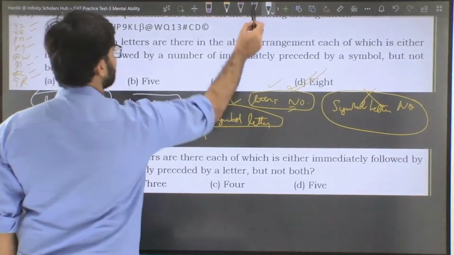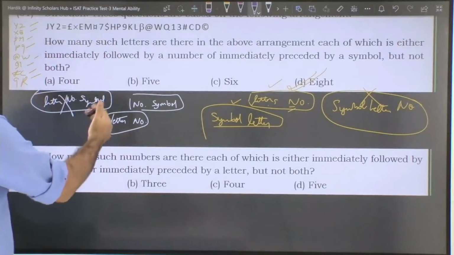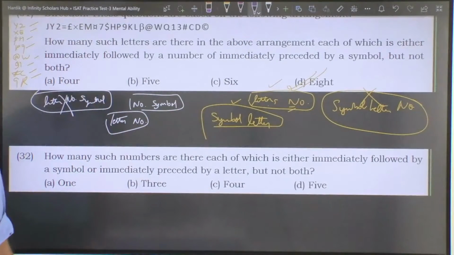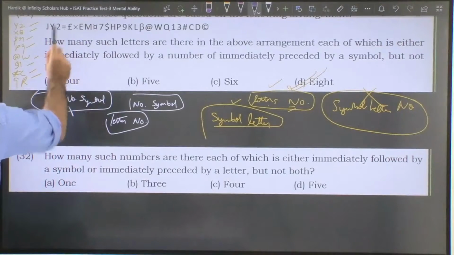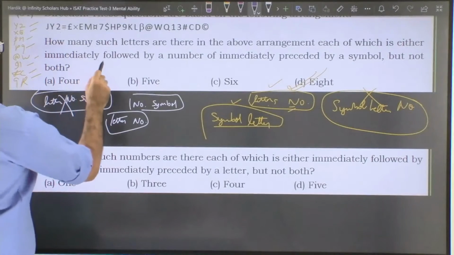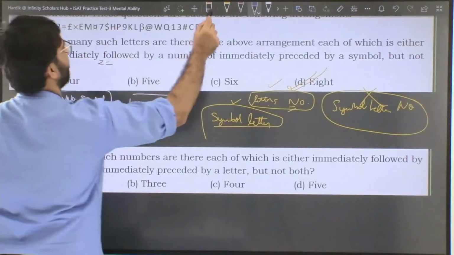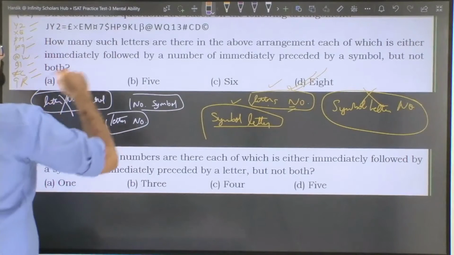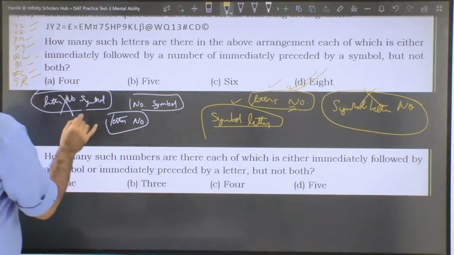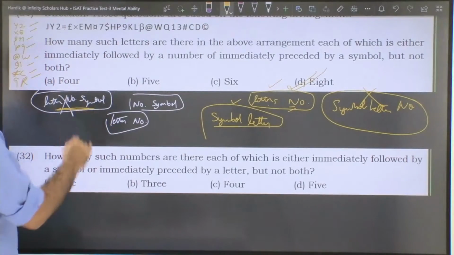So that means, fine, number and a symbol. So we'll directly jump onto number. Number, after number we have a symbol, right? 2n equal to. So 2n equal to will be one pair, right? And before that, before the number, there should be a letter. Yes, that is also there. And we do not want this sequence. So that means I cannot consider this, right? Because it is given in this form and we do not have to consider this form.